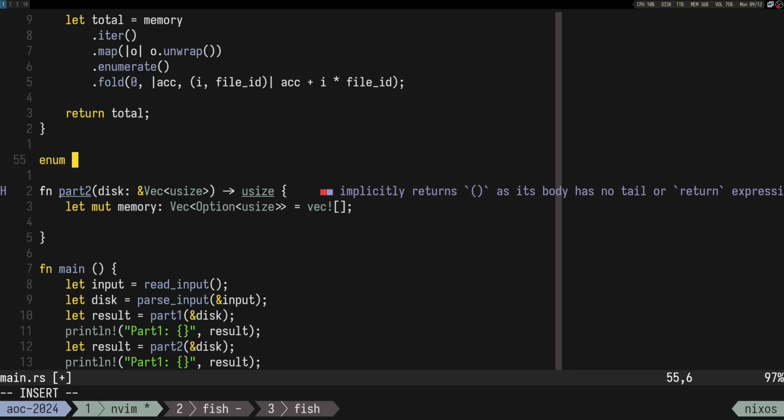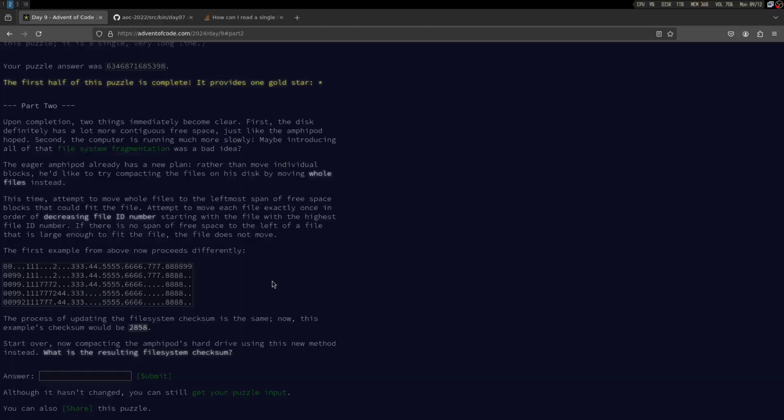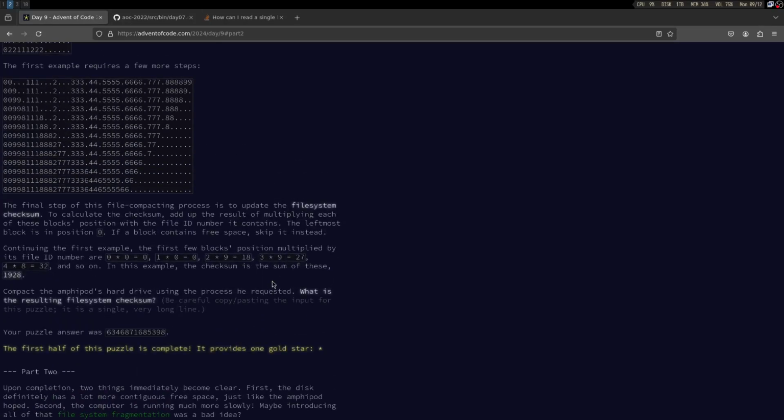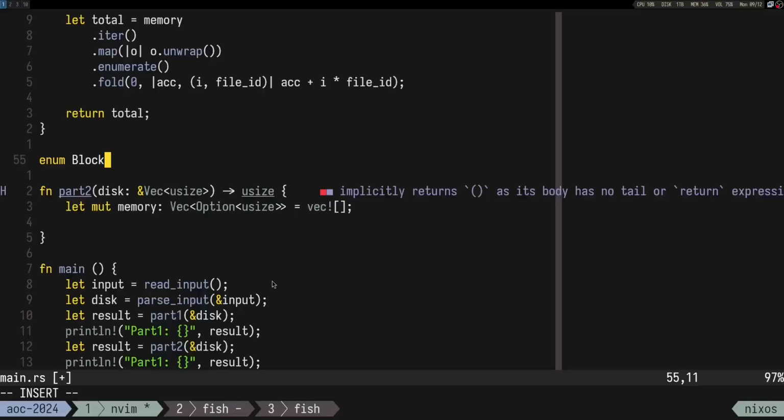Enum block, because that's a continuous block, it says. I mean, block is just, okay, I'm gonna call it chunk,